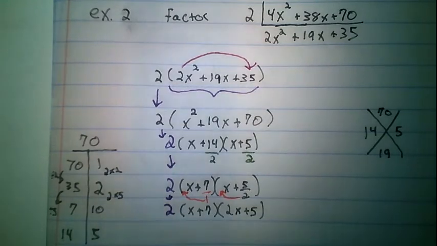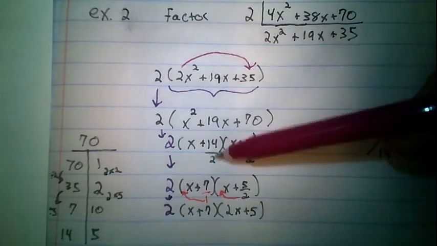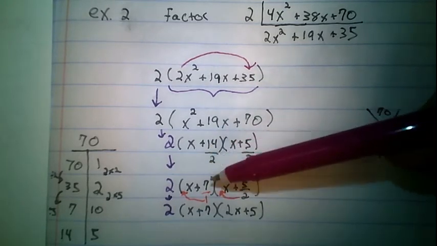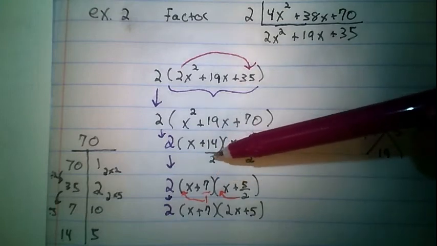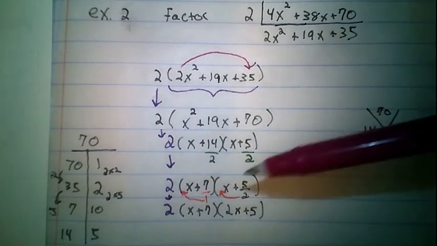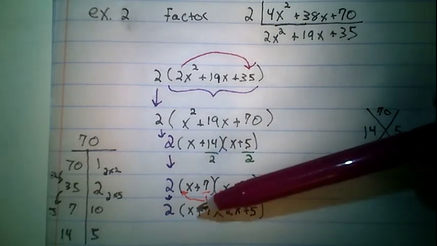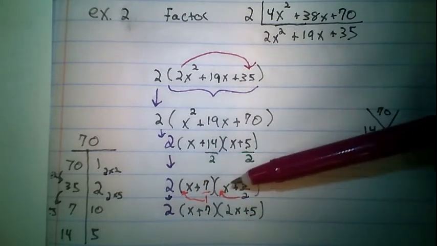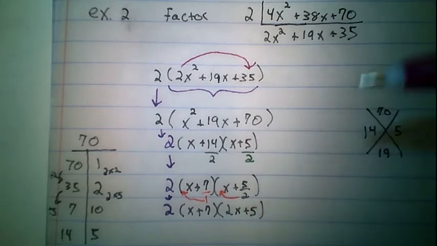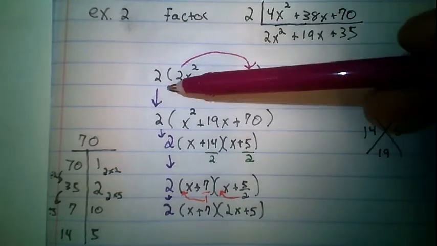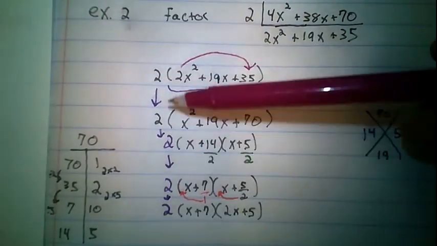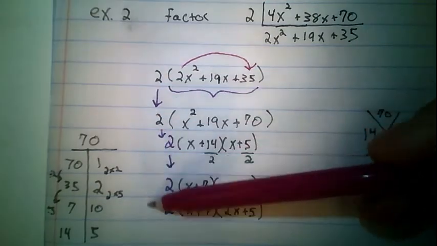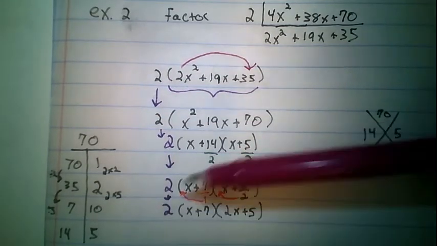If I hadn't taken out the greatest common factor first, my numbers would be too big inside. And when I went to reduce my fraction here, my answer wouldn't check out because the number I'm dividing by would be too big. There would be a greatest common factor you could take out in each of these separately, and it would just be a mess. So always take out a greatest common factor first and just bring it along for the ride. Again, if you don't want to keep writing 2, 2, 2, 2, and 2, you can just write it here and don't forget to write it at the end, because you have to say it is part of the